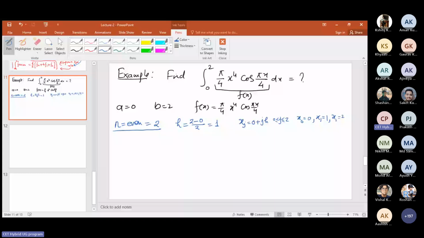अब करस्पॉन्डिंग टू दीज x0 x1 एंड x2 आपको वैल्यू निकालनी है f0 की। f at x0 भी आपका 0 है। तो उसकी वैल्यू जैसे ही आप x की वैल्यू 0 रखोगे वो आपकी 0 हो जाएगी। ठीक है, f at x1 जो वैल्यू है, fx1 that will be pi by 4 1 raised to power 4 cos pi by 4। ठीक है, cos pi by 4 का वैल्यू 1 by रूट 2 होता है, सभी को पता होगा। तो इसका वैल्यू हो जाएगा पाई बाई 4 रूट 2।